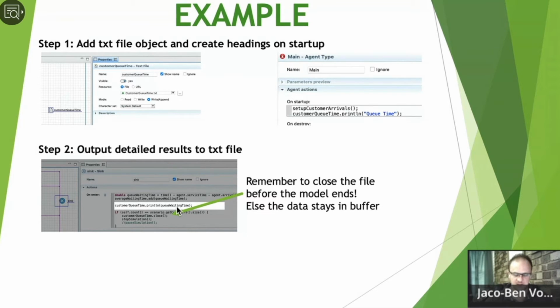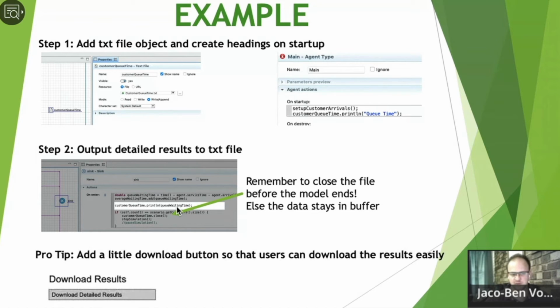It doesn't consume that memory. And a little pro tip is that you can add a little download button to your front page. I always do this. It makes it easier not only for me, but for customers as well. Because every time that I run this model, this customer queue time text file will be overwritten, right? And I don't want to explicitly have it write out with a different file name, because while I'm testing, I'll